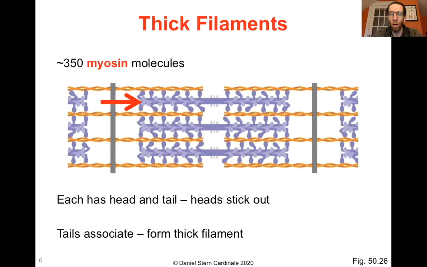It's not typically found in fibers, but in the context of muscle cells, it is very carefully arranged into these fibers, these thick filaments within the myofibrils. Each thick filament is made up of approximately 350 myosin molecules. As usual, you're not going to need to know that number, but it's just good to know. There it is. It's about 350 per thick filament.